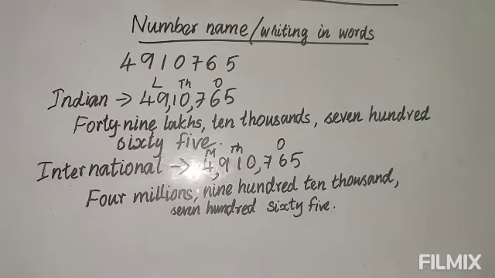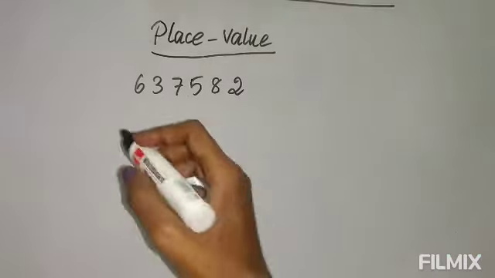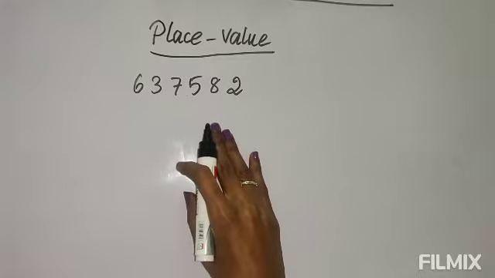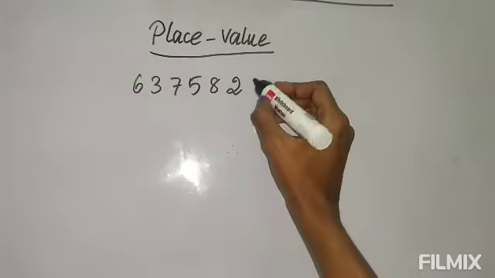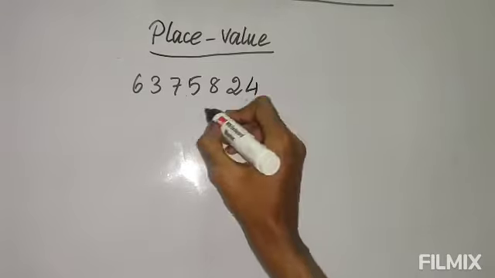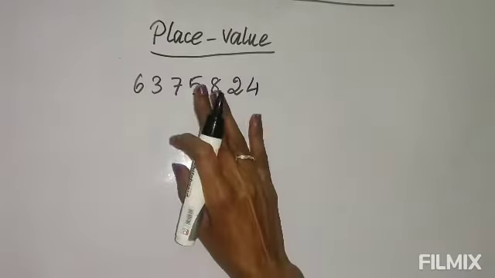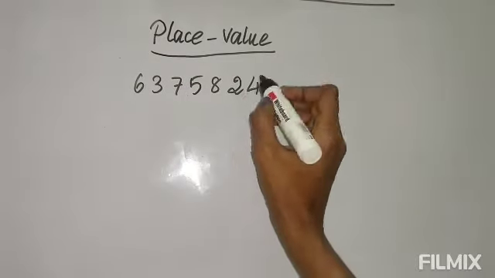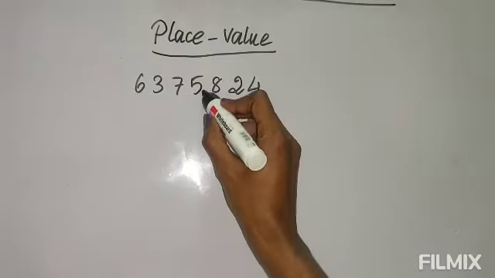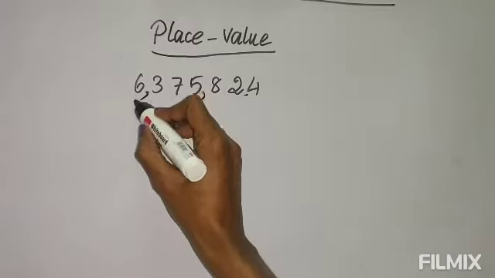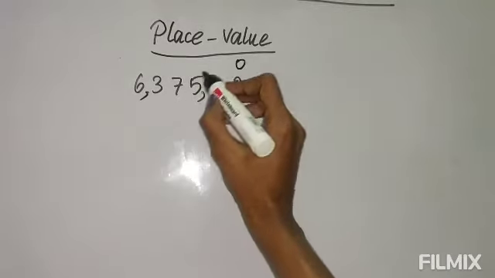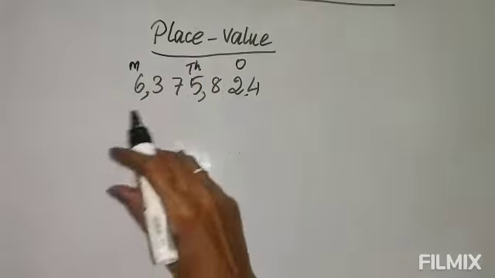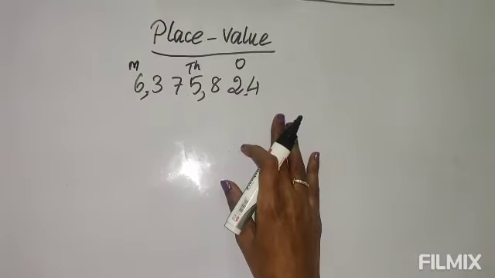Okay, now let's see the place value. Now you have to write the place value according to the international place value chart. So how to write? Let's see here. First you put a comma, then it is easy. Always for place value and the number name, first you write the periods. So here, comma after 3 digits, again after 3 digits we put a comma, and this is the ones period, and this is the thousands period, and this is the millions period. Like this you separate it, then it will be easy for you.